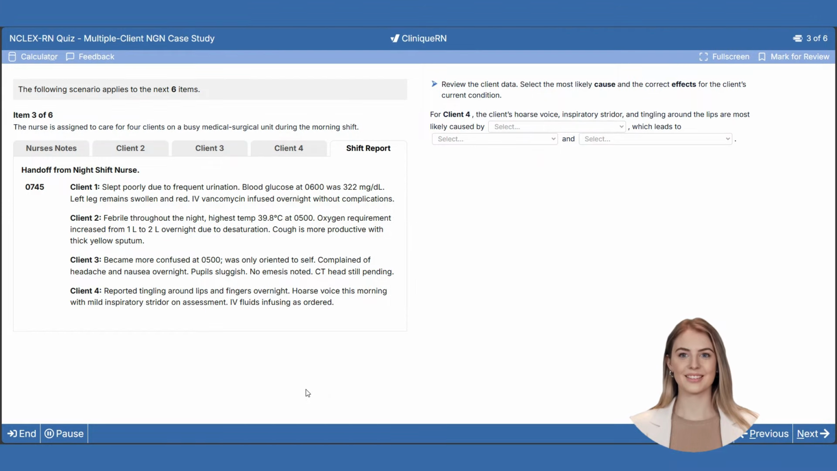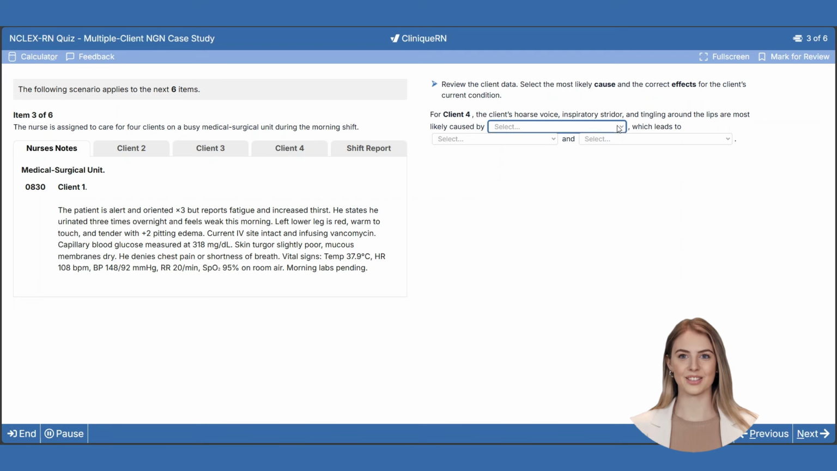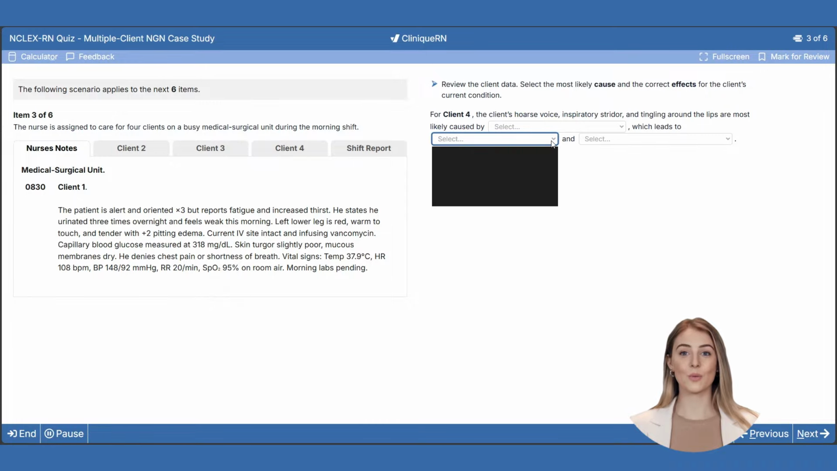For the client, the hoarse voice, inspiratory stridor, and tingling around the lips are most likely caused by: 1, hyperglycemia due to stress response; 2, hypocalcemia from parathyroid injury; 3, hyperkalemia from IV fluids; 4, hypomagnesemia from poor intake, which leads to: 1, laryngospasm, airway obstruction;